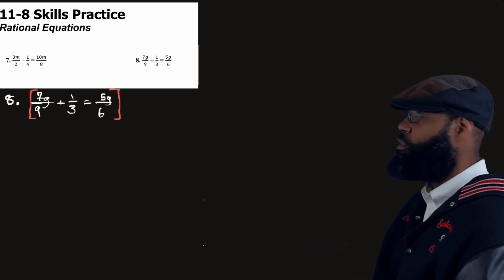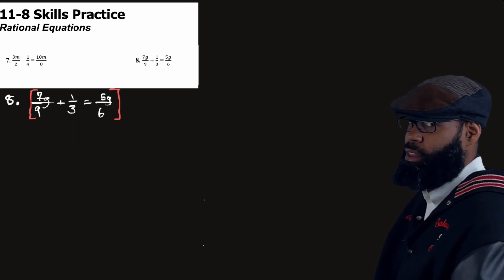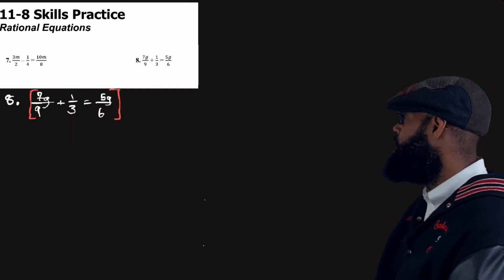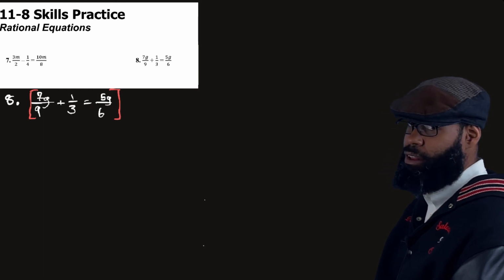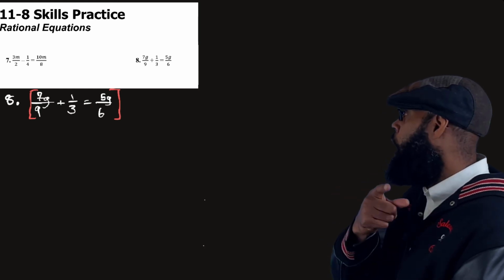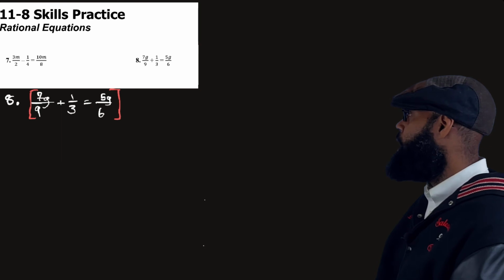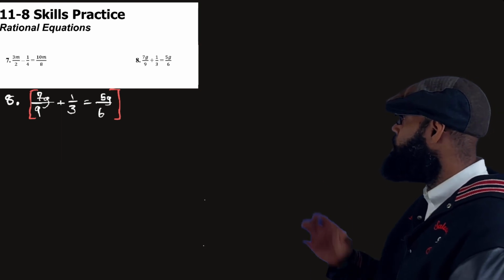I tell kids, start with the biggest number, 9. 9 has to be able to go into 9 at least, right? Well, 3 goes into 9, but 6 doesn't. So what's the next number after 9? 9 times 1, 9 times 2, 18. Well, will 18 work? Well, 9 will go into 18,